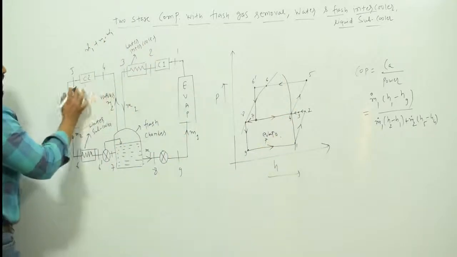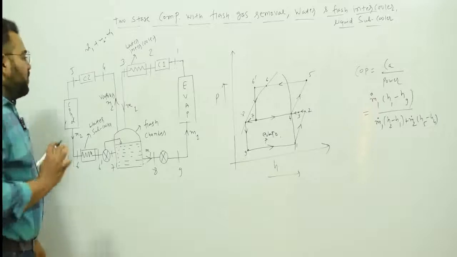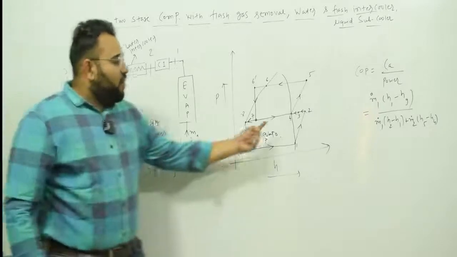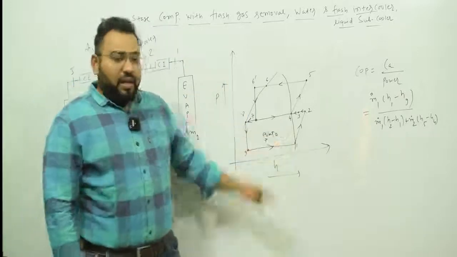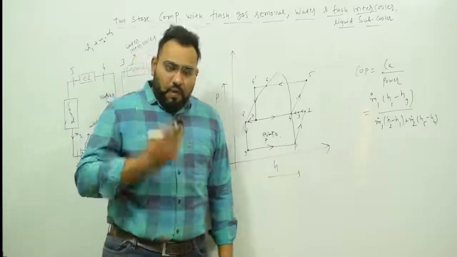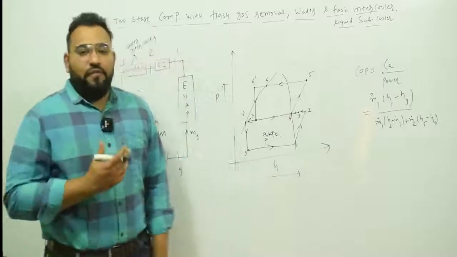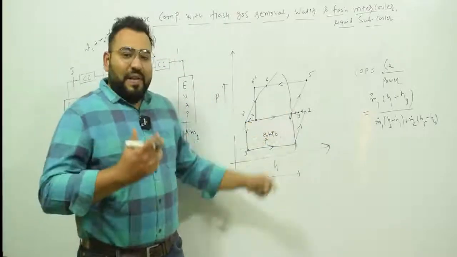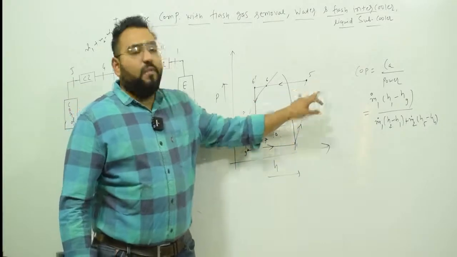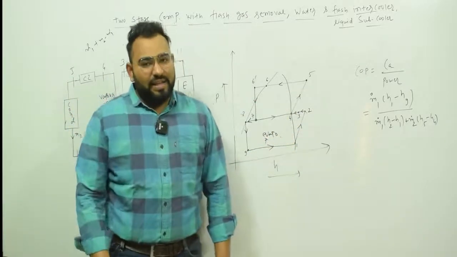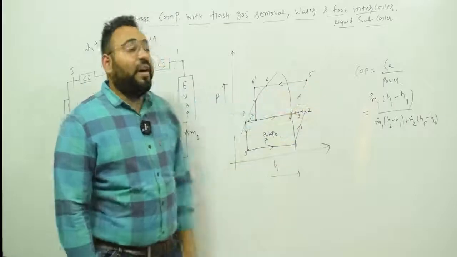Now 4 to 5, that is the second compressor. So 4 to 5 compression is happening. Here you can see that 4 to 5 compression is happening. We know that point 4 is already in the vapor region, on the vapor line. If you compress it further, what will happen? Pressure and temperature increase. It is already in the vapor region, so if you compress it further, at point 5 you will be in the superheated region. So this is point 5.